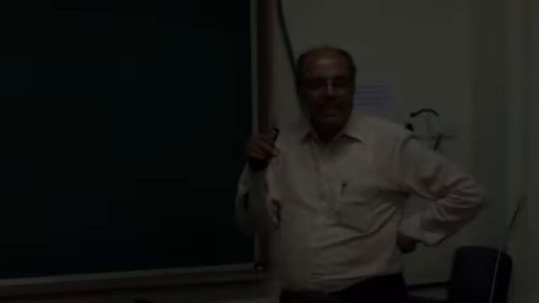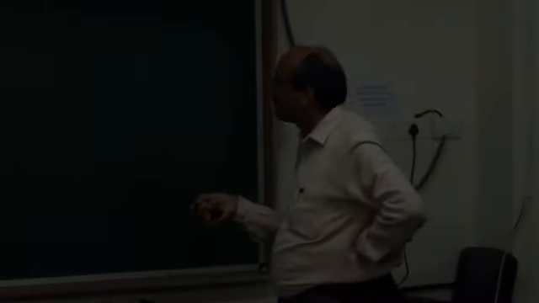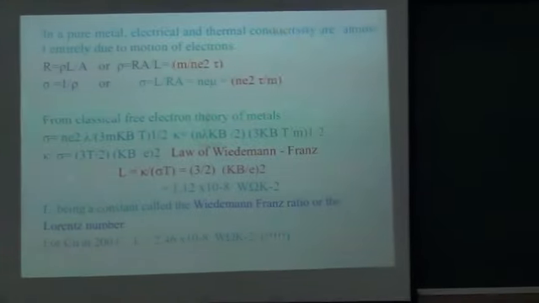Electrons keep on colliding also when they keep on moving. So we have to define the mean free path and the relaxation time. For tau, we take the average relaxation time, and from there we can write down sigma to be equal to n e square into tau over m.